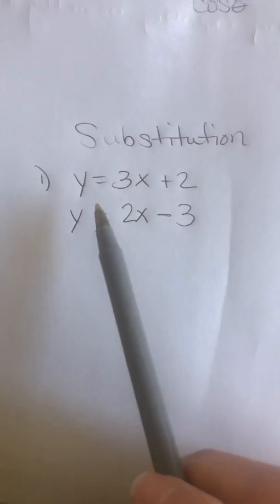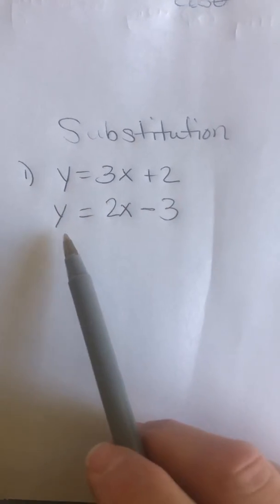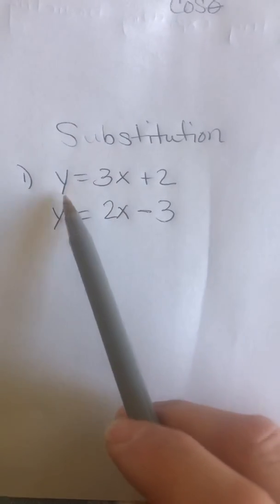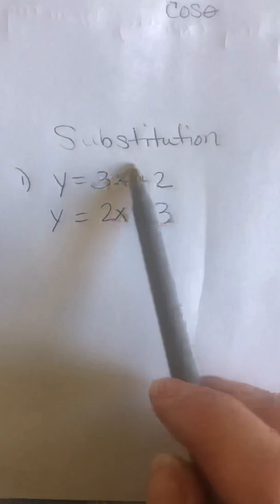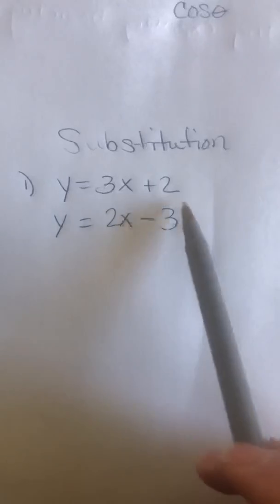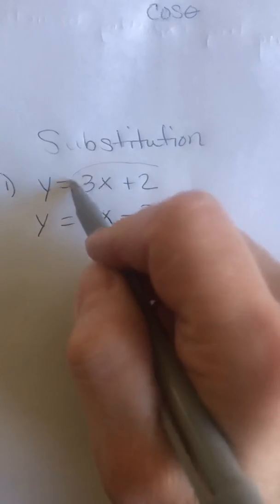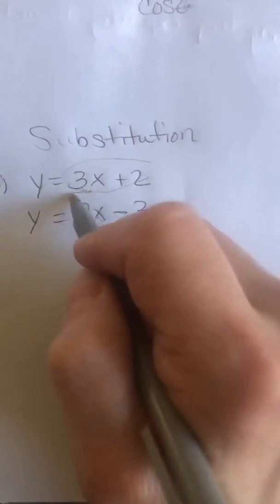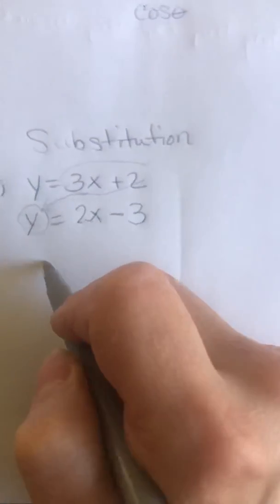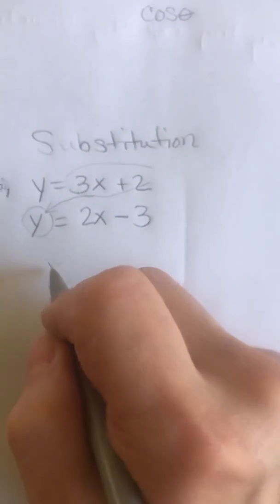So if you notice here that we have two equations, both solved for y: y equals 3x plus 2, y equals 2x minus 3. When we have both equations solved for the same variable, what we can do is set the right side of the first equation equal to the right side of the second equation. So what we're really going to do is take the 3x plus 2 and substitute it in for the y variable in the second equation. So instead of y equals 3x plus 2 and y equals 2x minus 3, we're going to have